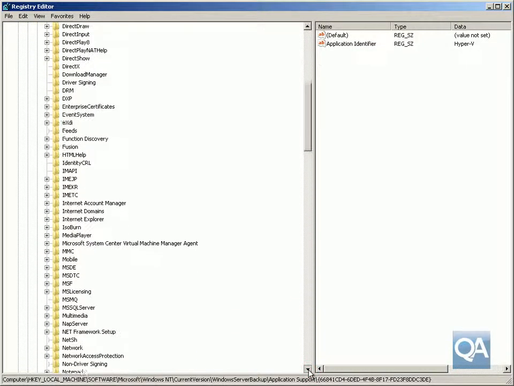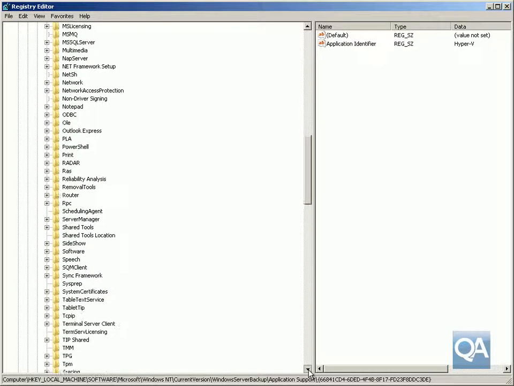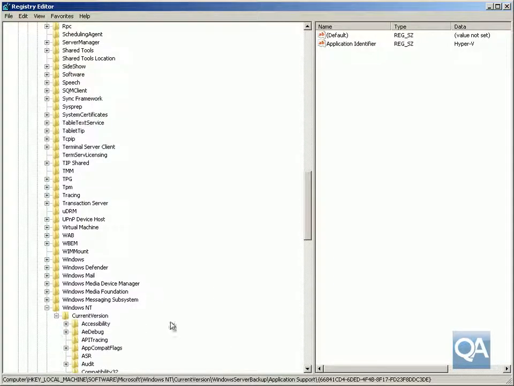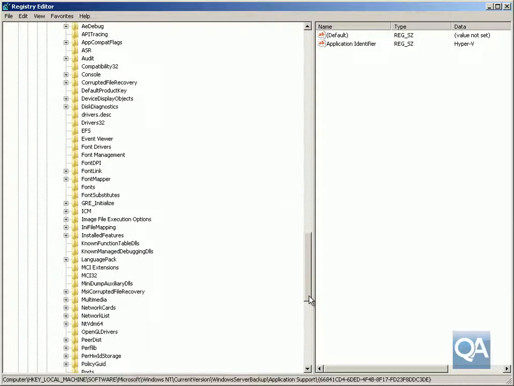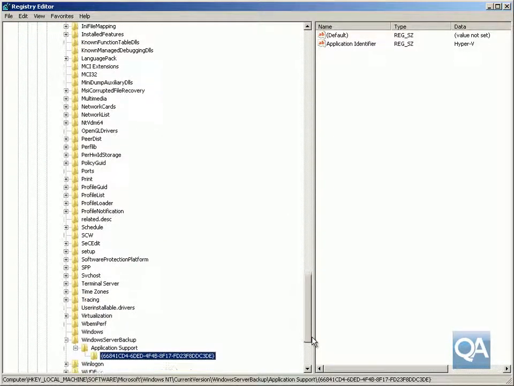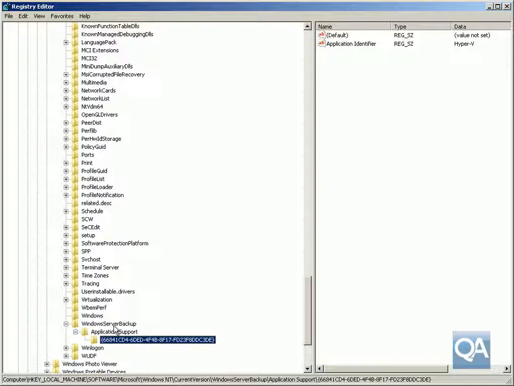Then within the Microsoft key, I came down to the Windows NT portion. Within Windows NT, I came into CurrentVersion, and within CurrentVersion we created a key for the Windows backup software. So we created this Windows Server Backup key. We then created a key called Application Support. We then specified this hexadecimal key down here, which is 66841CD4